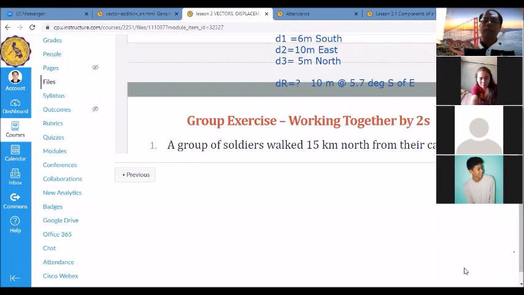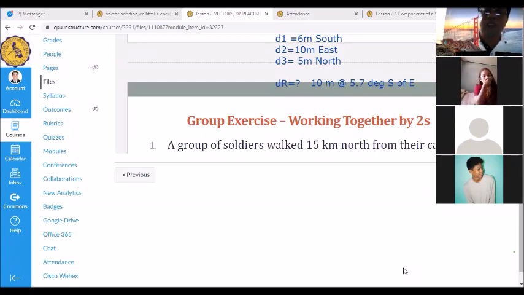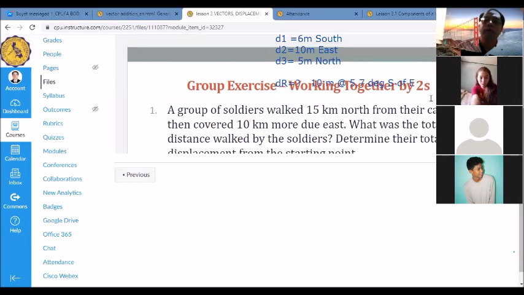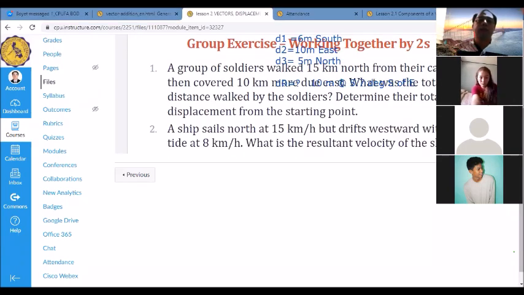This is our last seatwork. We will try to cover this. Hopefully, it will allow us to understand further. So we have a group of soldiers who walk 15 kilometers north from their camp, and then covered 10 kilometers